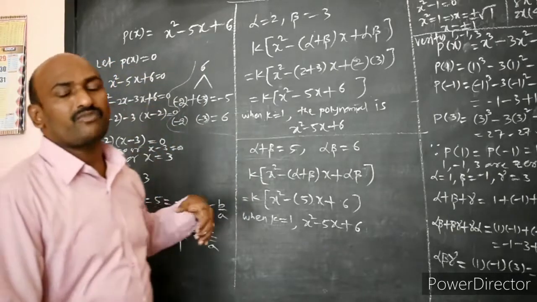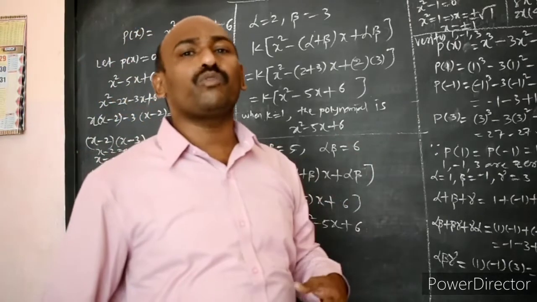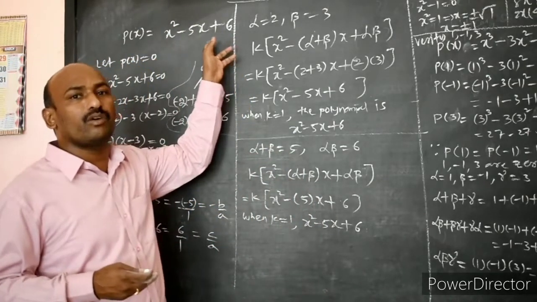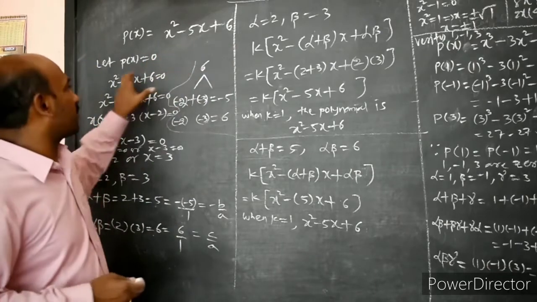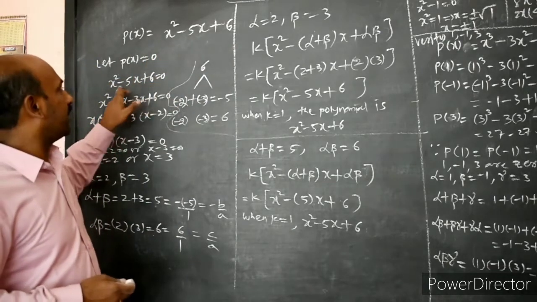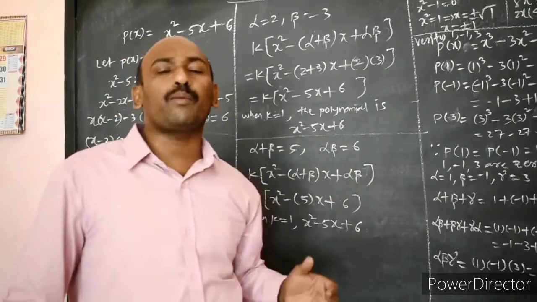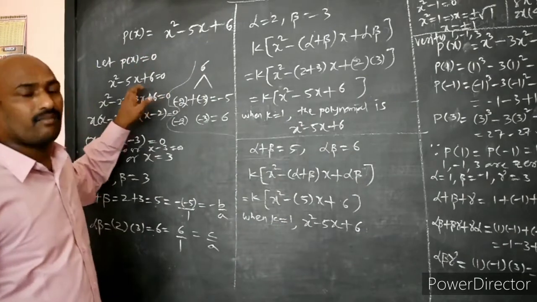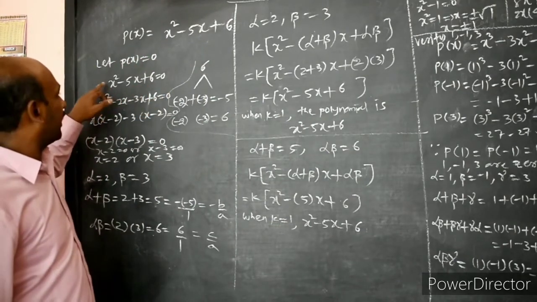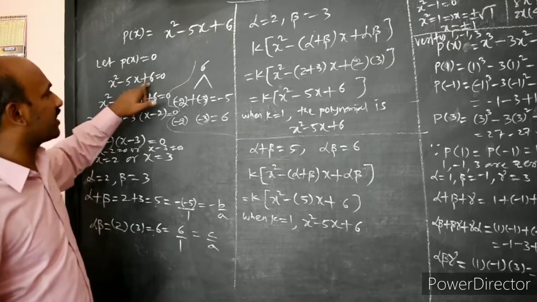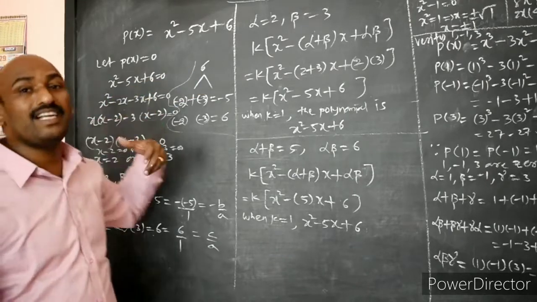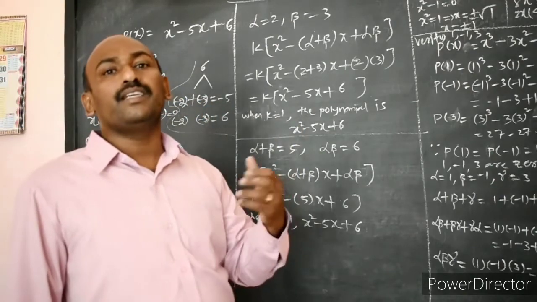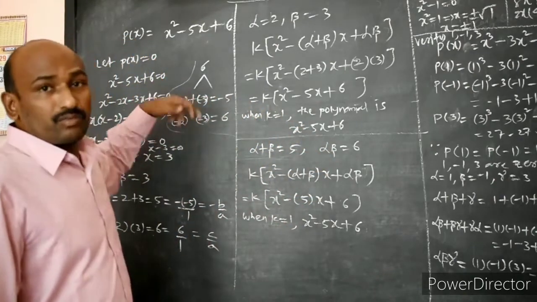And as we studied earlier in 9th class, how to find the zeros. Let us equate the polynomial to 0. Let p of x equal to 0, then you will get x square minus 5x plus 6 equal to 0. First of all, you have to check that the polynomial is in descending powers or not. Once it is descending, first multiply the coefficient of x square with the constant term, 1 into 6 you will get 6, and you have to split the middle term as two numbers whose sum should be the middle term and whose product should be the last term. 1 into 6 is 6.